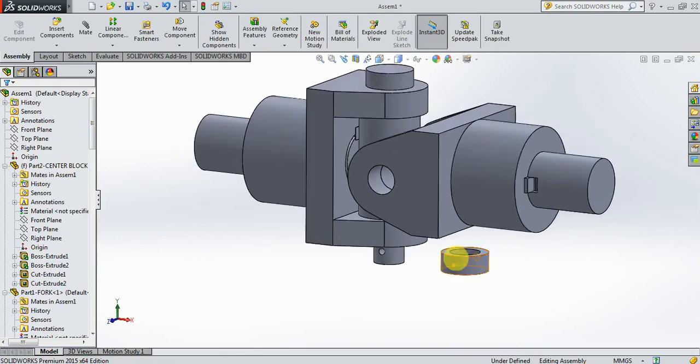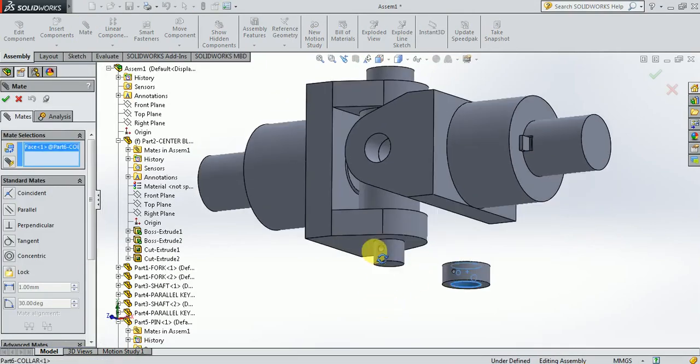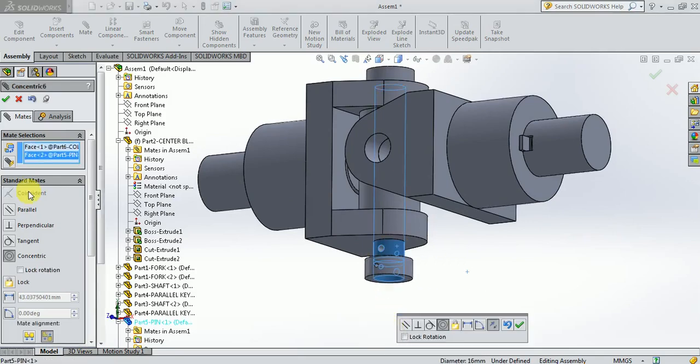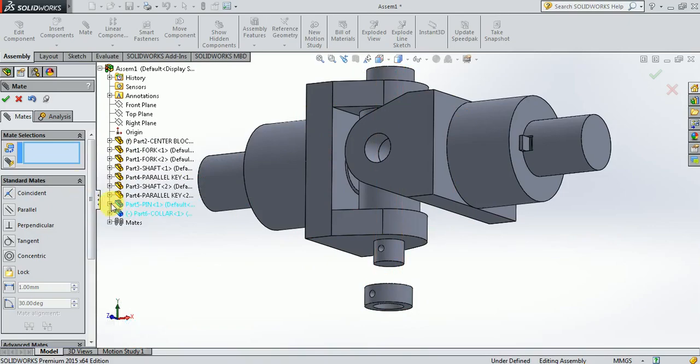Then I'm going to first make the collar axis collinear. The collar should be concentric with this pin, so first make it concentric. Then I'm going to rotate like this. Let me select the front plane of this collar.